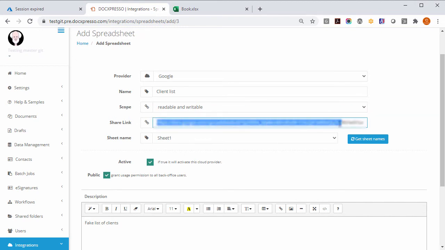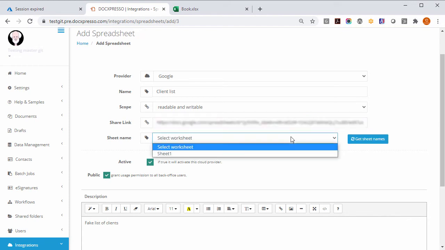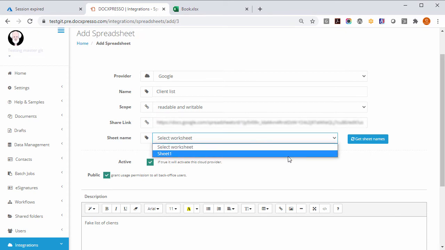Beware that this share link has to be generated within Google Drive and has to be shared with the email of the service account that we just created, so we can access it from Docxpresso. We can click here on Get Sheet Names and see which are the available sheets within that spreadsheet. In this case, there is only one. We just choose it. We just click on Active, so we can use it within Docxpresso,